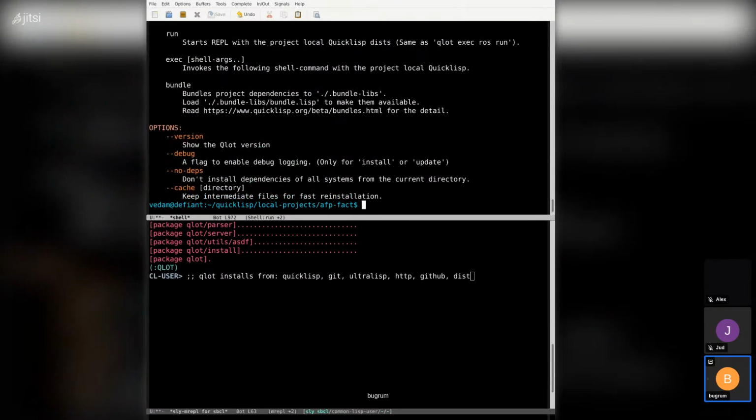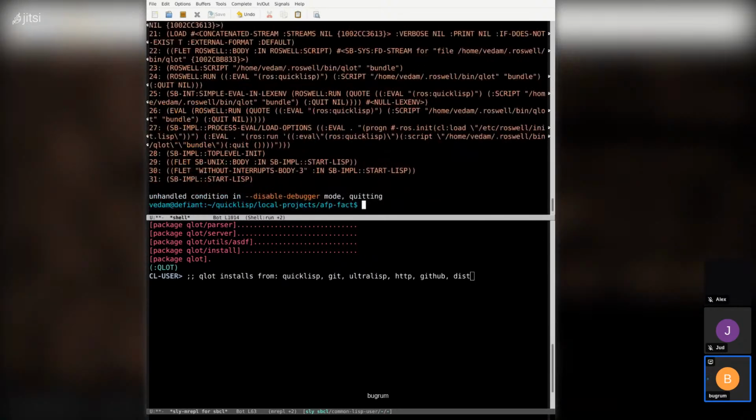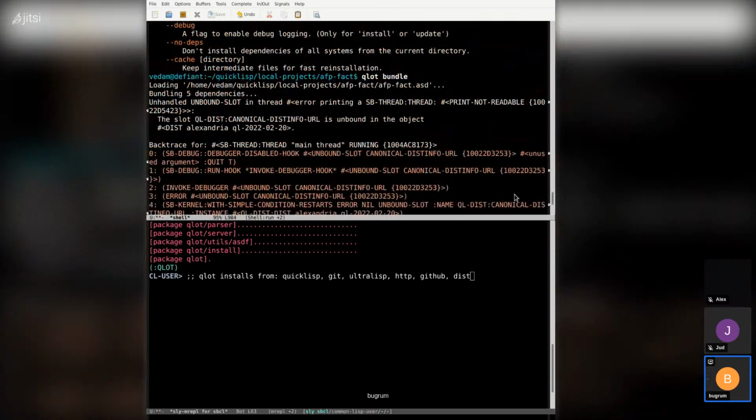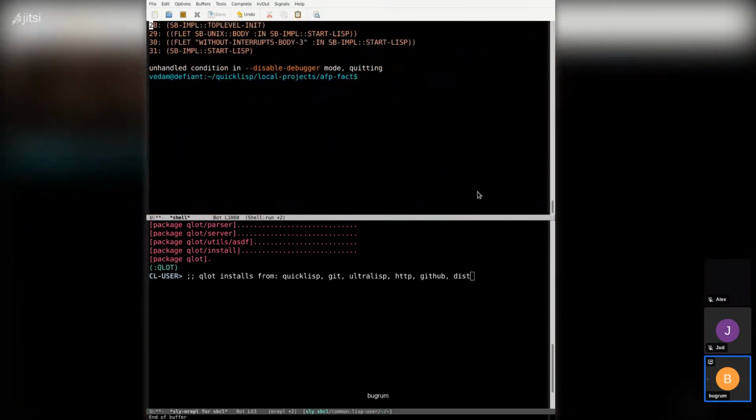Boom. Okay. So in the upcoming version of qlot, if you use the GitHub version, it will be available. Right now, the release version is different, and I think it's because it's downloading the one directly from the Quicklisp server to compile and get this working. You have this now, and if you run qlot bundle, this will, hopefully at some point, and I know it's experimental right now, create a bundle libs directory,